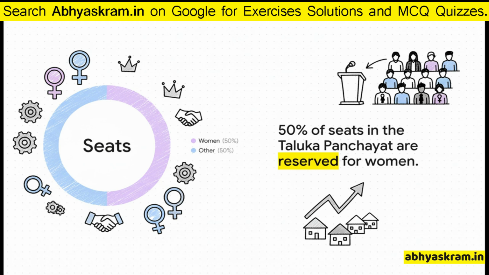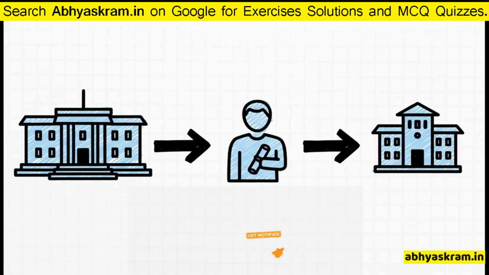Now this is absolutely crucial. A full 50% of the seats in the Taluka Panchayat are reserved for women. This is a mandatory rule, and it's designed to guarantee that there's significant gender representation in local government. It's a huge deal. So while the members are elected by the people, the administrative head is an appointed official. This is the Taluka Development Officer, or TDO. They're appointed by the state government, and it's their job to actually implement all the decisions and resolutions that the